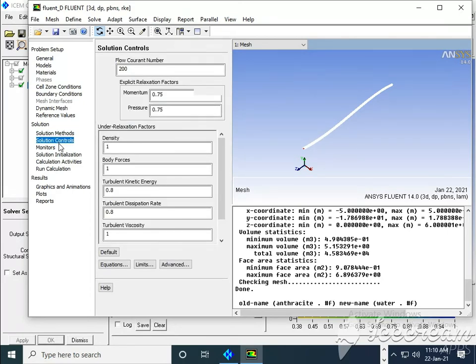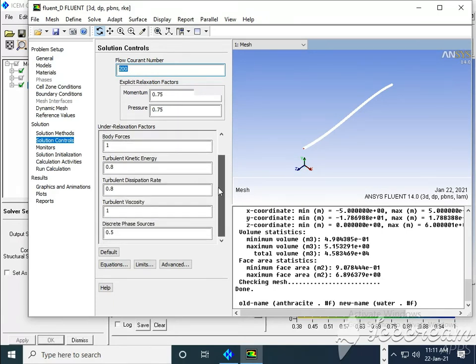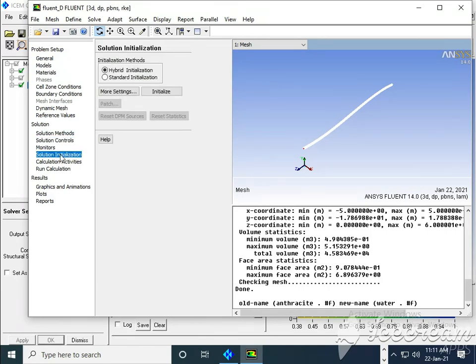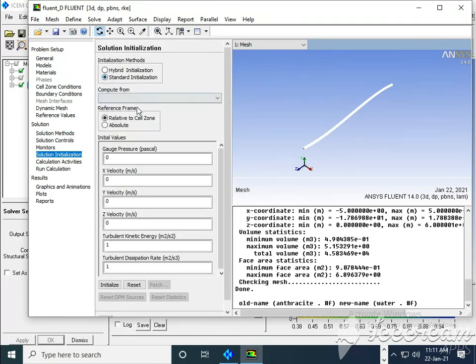Solution controls, flow Courant number is here default, they have taken 200, so let it be. Then under-relaxation factors keep as they are. Monitors, solution initialization I can say standard, compute from inlet, so initialize.